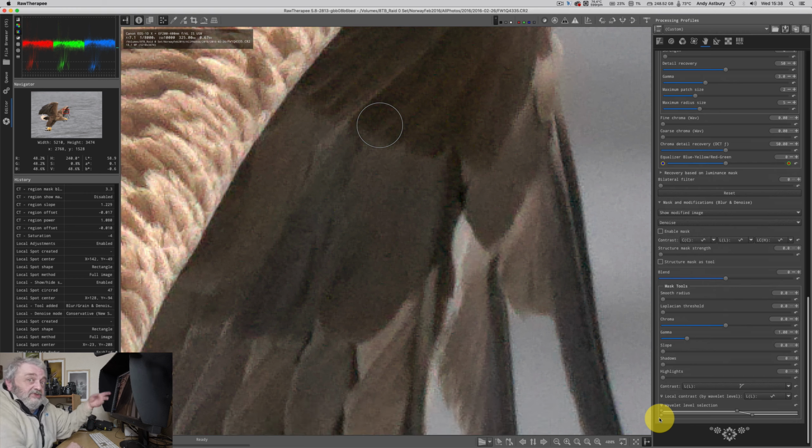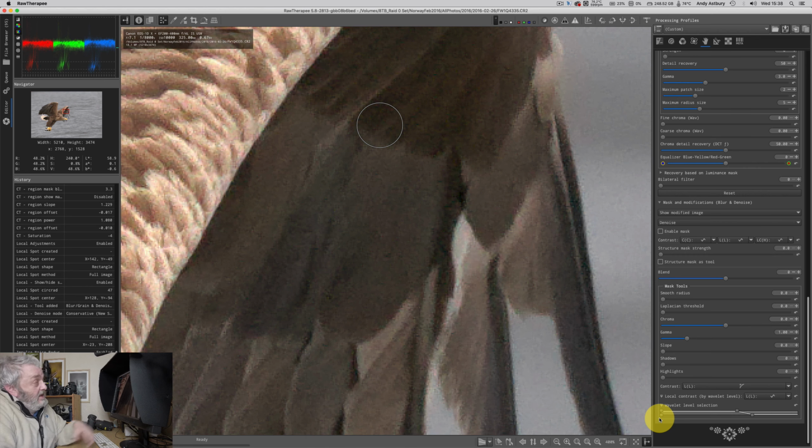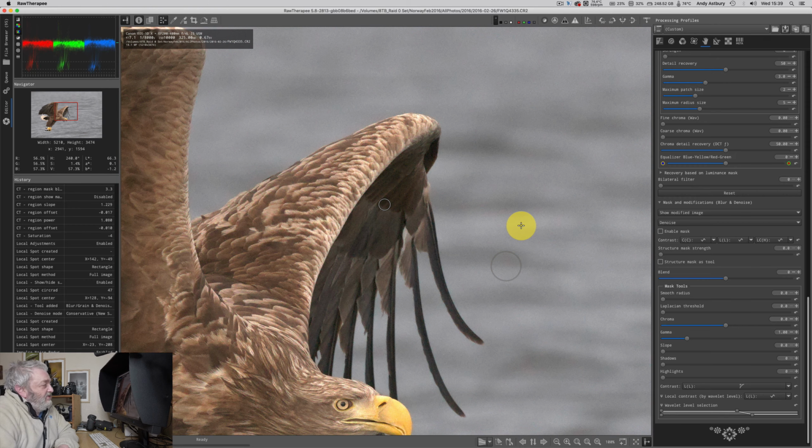So not only can we control it based on colour and tone, we can also apply a mask to further control the distribution of said noise reduction within this local adjustment spot. But I said I was going to keep this video quick and short, and for me to demonstrate all that would take forever. We will pick away at it in future videos. All I wanted to do was whet your appetite for what is going to be possible in the next version of RawTherapee,